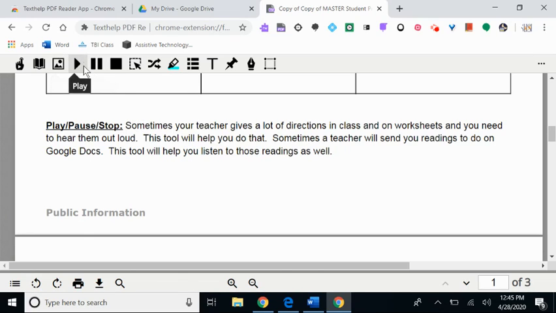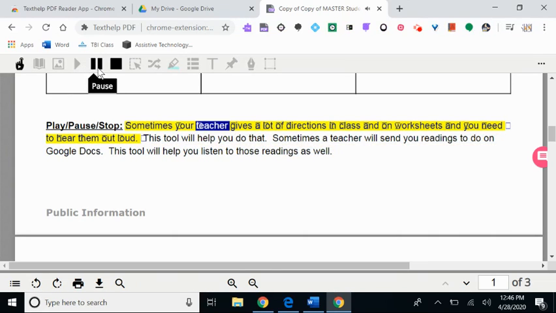Okay, we call it play, pause, and stop. I get the same features available in PDF when I'm annotating PDFs or working on PDFs. Same thing here. I can go ahead and highlight. From this point, I can play. Sometimes while you are teacher. See, I can stop it, okay, and I can play it. Now, you'll notice here that it highlights the entire row in yellow, and then each word